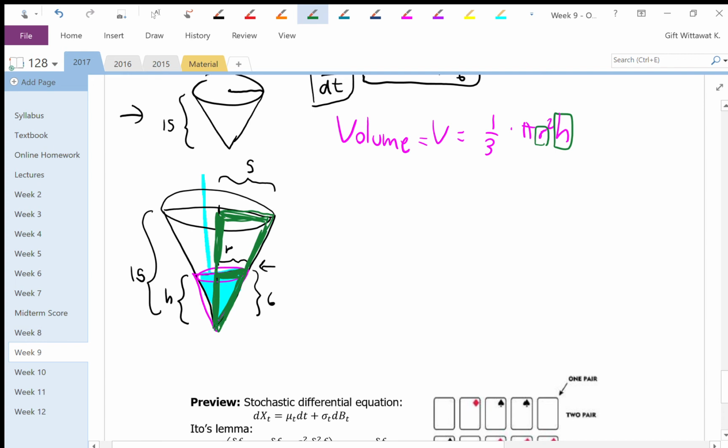So geometrically speaking, the ratio of the sizes of the small triangle and the big triangle has to be equal. In other words, r over h has to be equal to 5 over 15. So the ratio of the smaller one, r by h, has to be equal to 5 by 15. That just means r has to equal